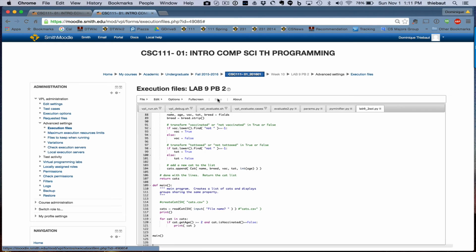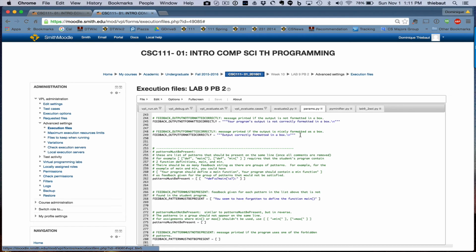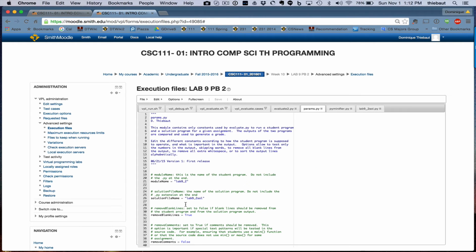Okay, so you can call this whatever name you want as long as it matches the name that you will have specified in the params file, and lab9_2sol is my solution file name, and that's what I have here. So I have 1, 2, 3, 4 new files that I've added. So here I have to